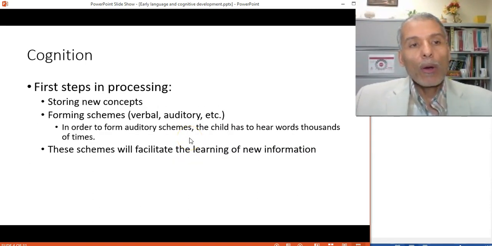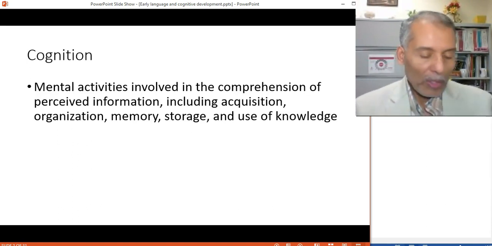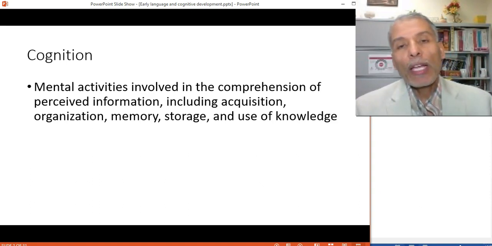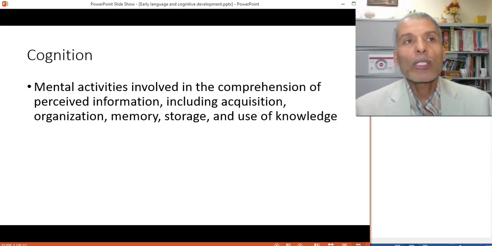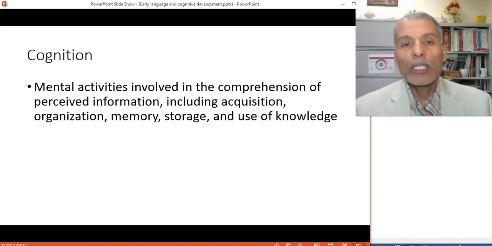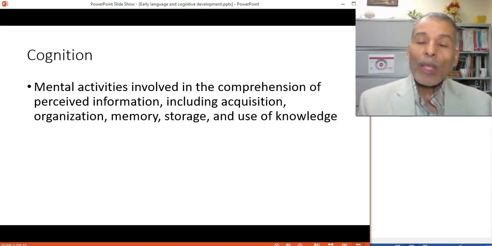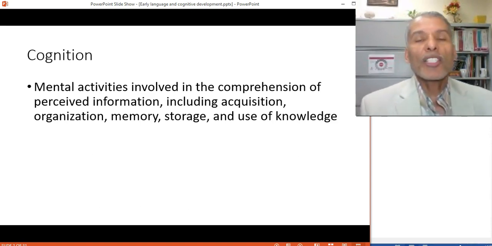Now, before we delve in and speak about details, what do you think about the relationship between language and thought, language and cognition? Does language come first? Does cognition come first? Does cognition serve language? Does language serve cognition? Of course, philosophers in the past debated and spoke about all these issues. So, in a nutshell,